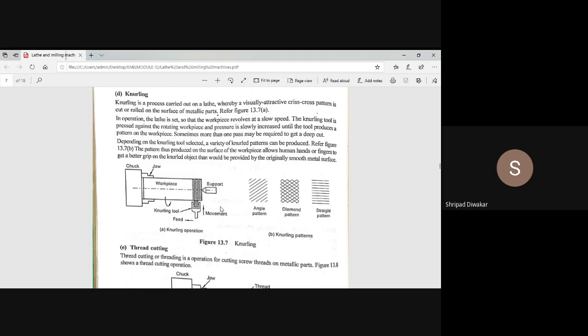Suppose if you give the same spindle speed here also, then there will be breakage of the cutting tool. Hence we have to give a lower spindle speed as compared to the turning tool. Suppose in case of turning, we are giving around 500 rpm or 800 rpm. Here it is quite a bit less, around 200 to 250 rpm, for the generation. So then only there will be a possibility of generating such kind of patterns.